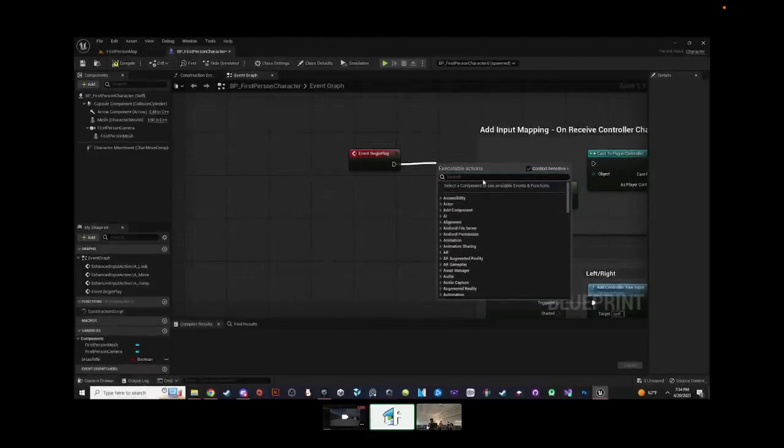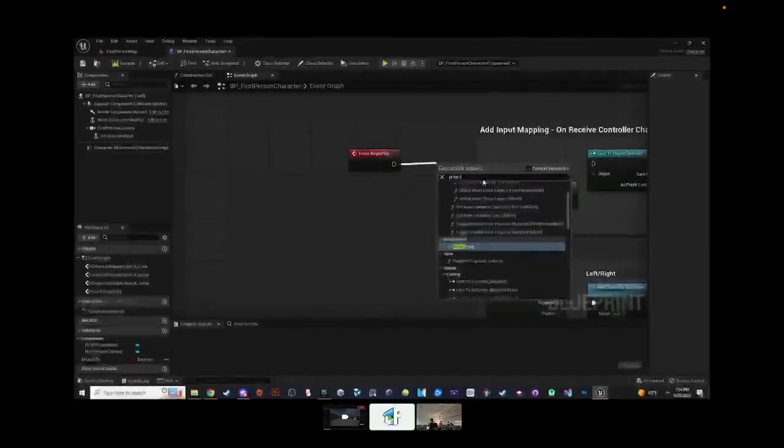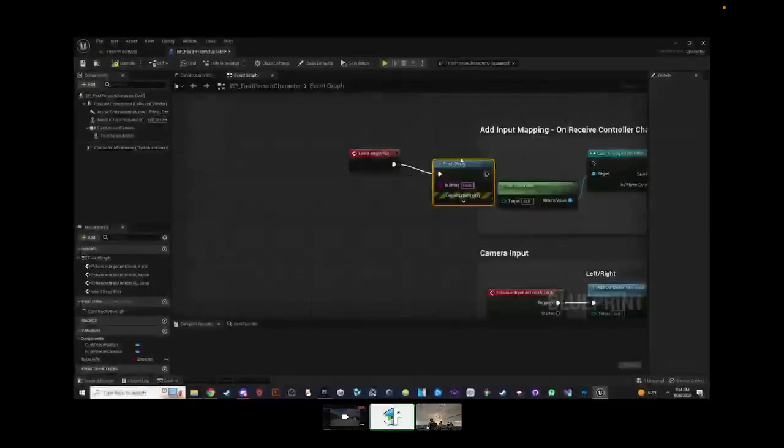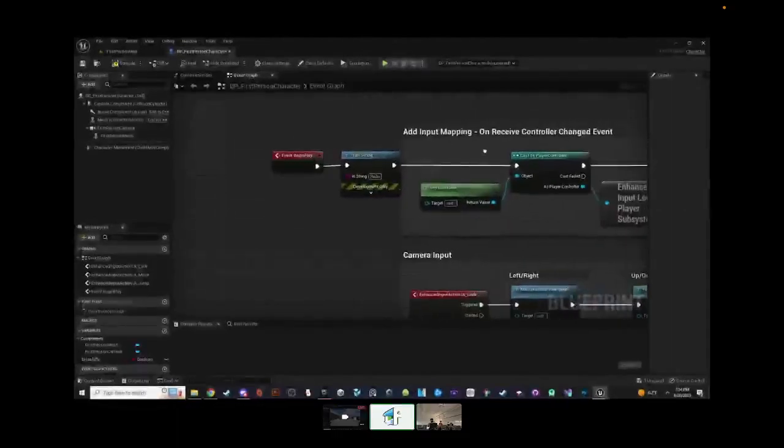So how do I do that? What if I just type print string? Oh, cool, I got a function for that. Yeah, Print String log. And it even says hello. Okay, let's plug that in on the upper left.